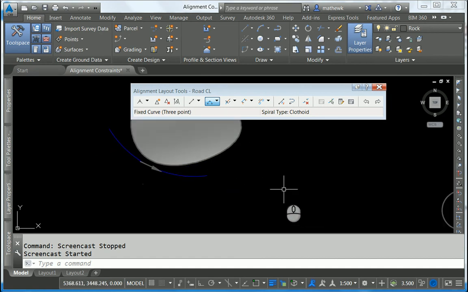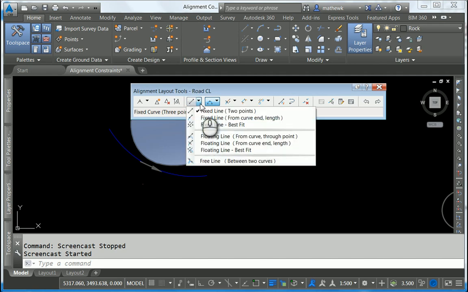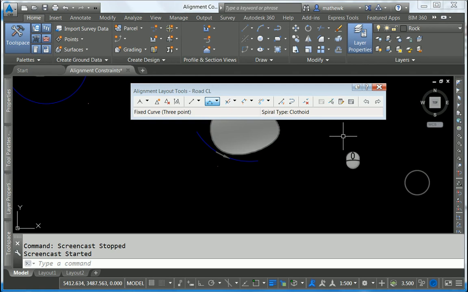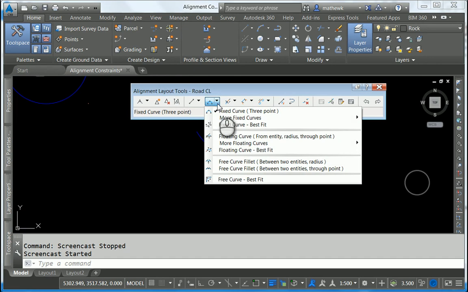And that's where I'll start. I would like a floating line because it's attached on one side. But which one? From the curve endpoint? Well, in this case, I need my line to finish at the center of this circle. If I went to the endpoint, it would be off in this kind of angle. No, I want to specify a through point. So it's a floating line